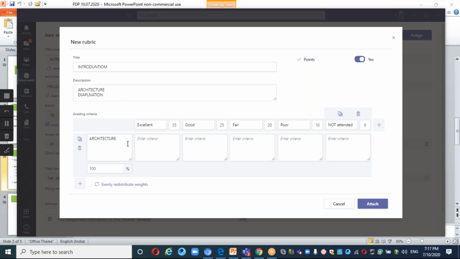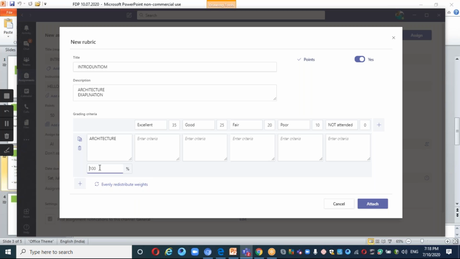Right? So next thing is that if I want to evenly divide this 50 marks, it is 25 marks for architecture and 25 marks for explanation, you can give evenly distributed weights. But say for example, I want to give architecture 40 marks and 10 marks for explanation.